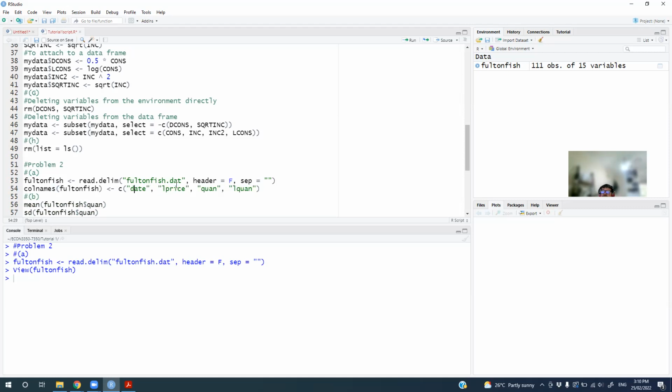And since we have more than one component, we need to concatenate those components. So that's why we use the c command here, same as we did before. When we are bringing elements into an argument that only allows one element, we circumvent that by concatenating these 4 components into a single component, and that will be what will update the names. So if we do it like this, if I run this command,